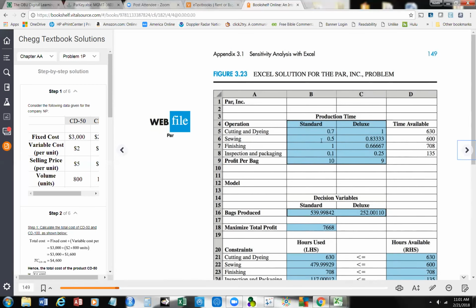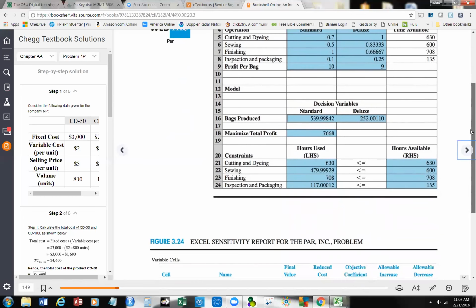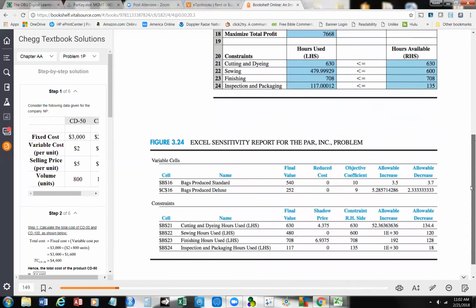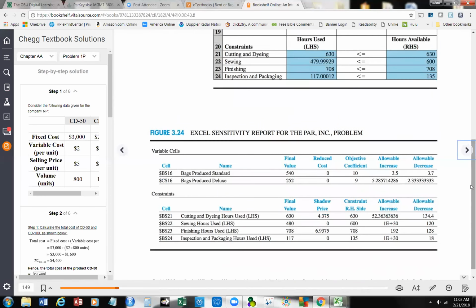But the bottom line is, here's the time available, the production time, the profit per bag, and with these resources available, as you recall, because we have greater resources here, we can maximize, so we'll get a higher maximum total profit. And then, of course, we can see the constraints. Now we come into the heart of the sensitivity report. This is over on page 149